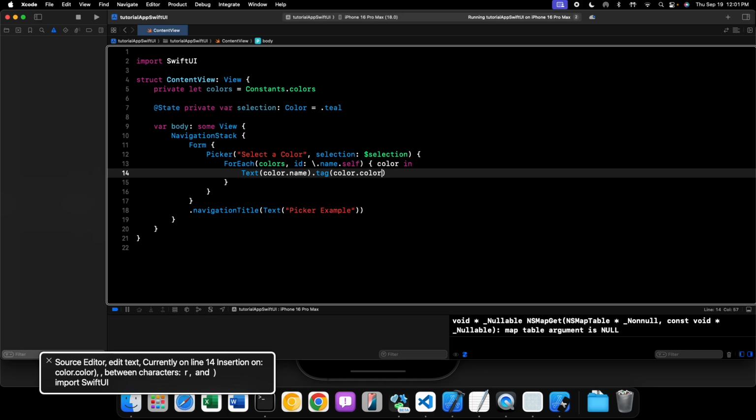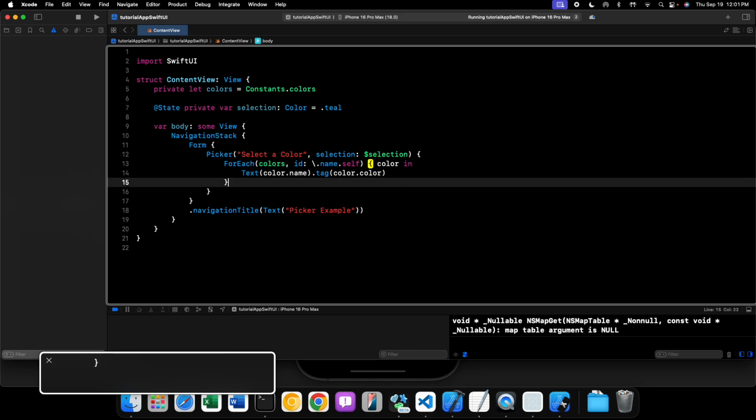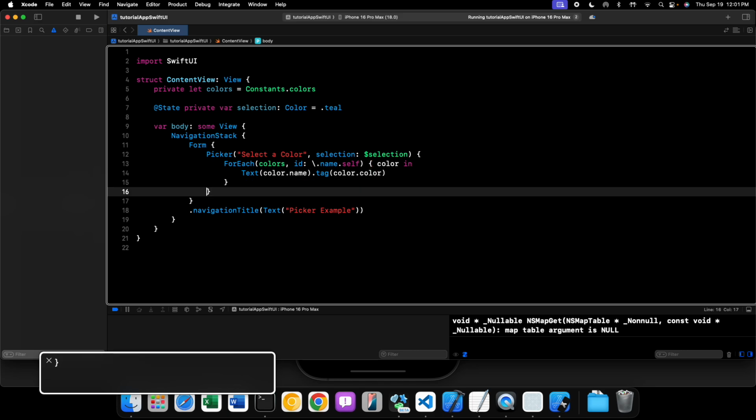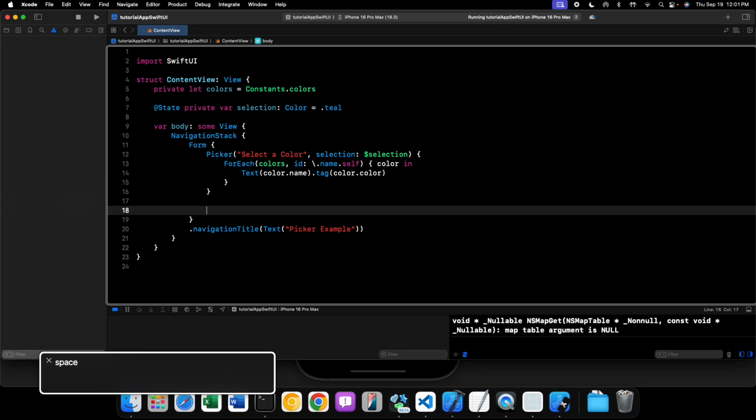Now, the next thing that we're going to do here is beneath our picker, we're going to have an image. I've decided this on the spot. It's going to be the Swift SF symbol, and we're going to set its foreground style to the selected color. And it's going to be kind of a gradient of the selected color. So we can do this by saying